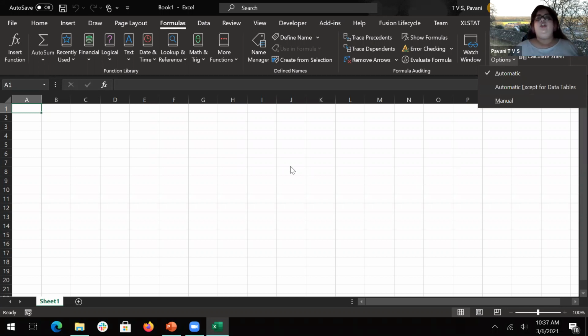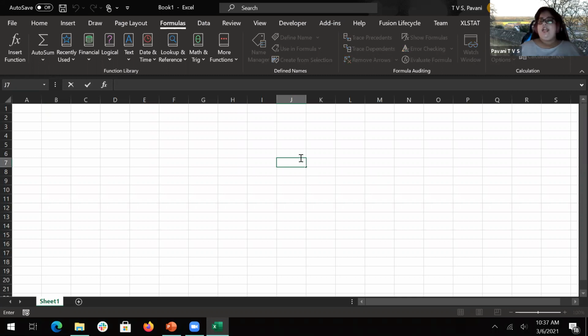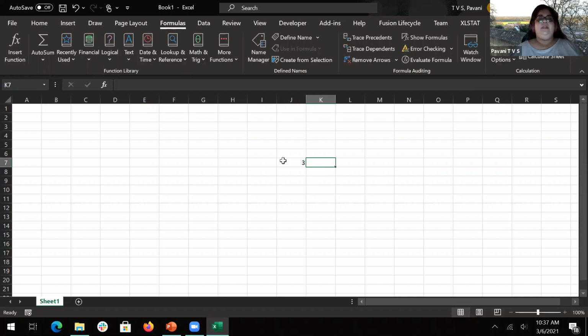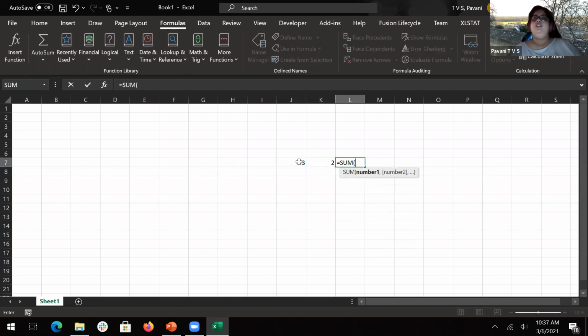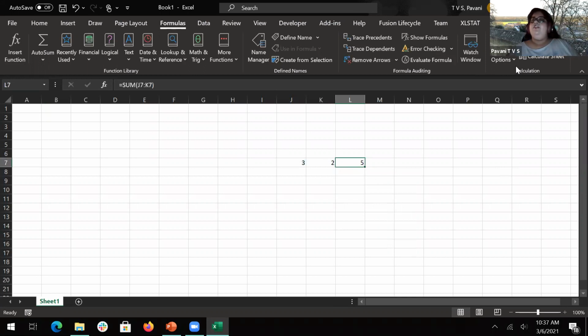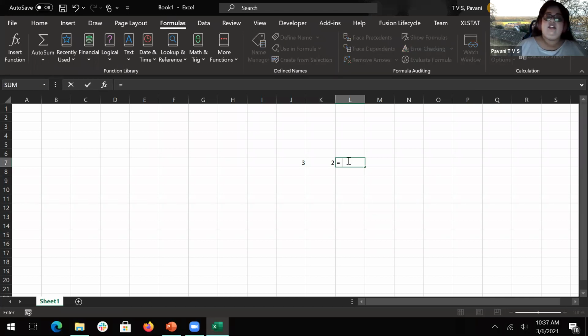That means when you click enter or take some kind of action, only then will it do the calculation. So if I say 3 plus 2, just give it as a sum of these two, and it gives me an automatic value. But if I set this to manual, it will only calculate when I click enter.